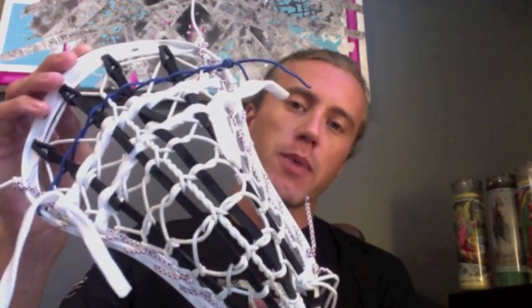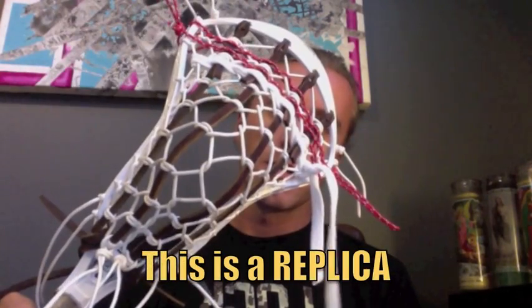Now Jeremy's pocket is a little bit different, and he's doing a couple of different things. First of all, that middle track on the pita pocket does not have the same number of loops and twists. So you can see that that's twisted 3 or 4 times on a typical pita pocket, right down the middle. But on Jeremy Thompson's stick that he was using earlier this season for Hamilton, it only has one interlock in